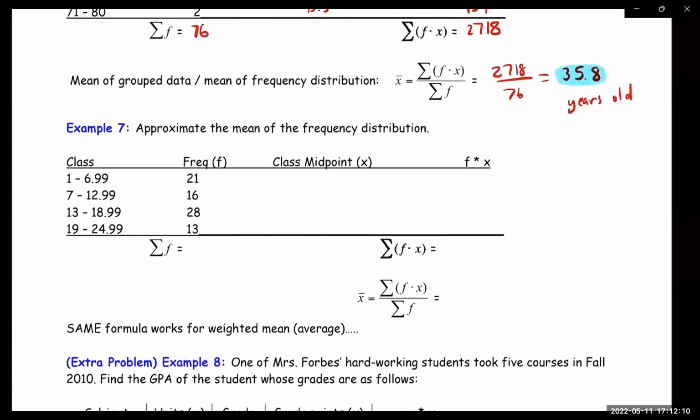And then this one's going to be the same thing. So we just have to do the exact same thing. The midpoint, if you add these two numbers, let's just do one example, and then I'll just fill in the rest. It's 1 plus 6.99 divided by 2. That's going to be 7.99 divided by 2 is 3.995. So 3.995. The next one's going to be 9.995, 15.995,